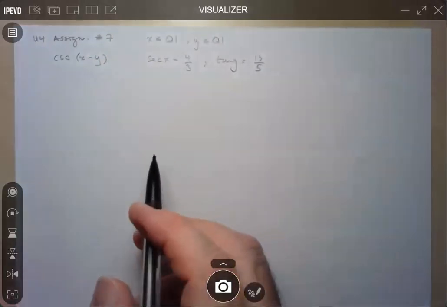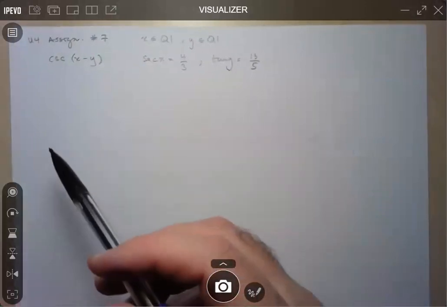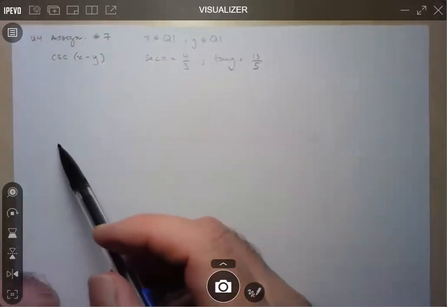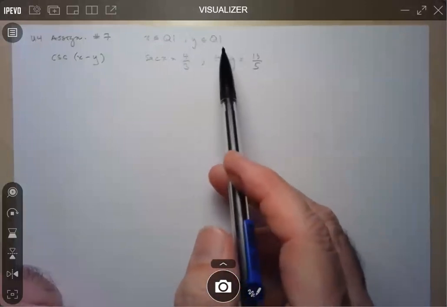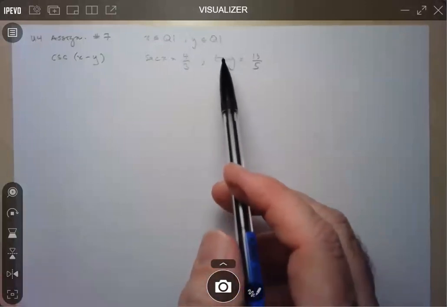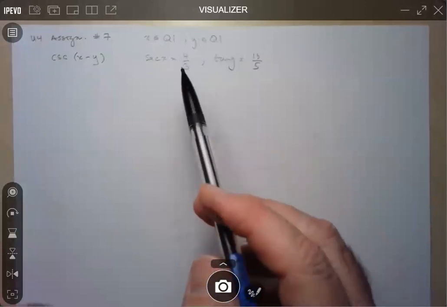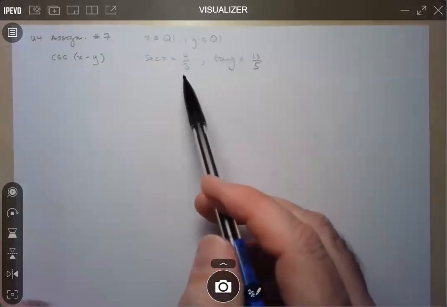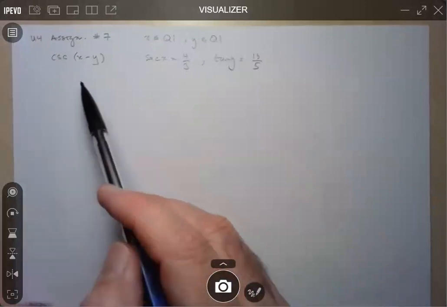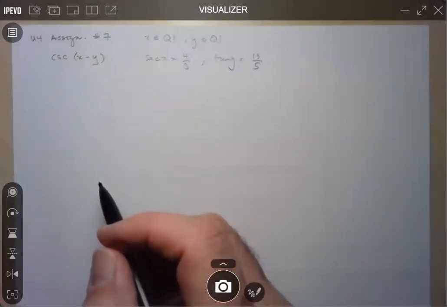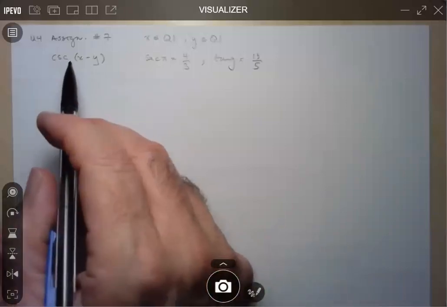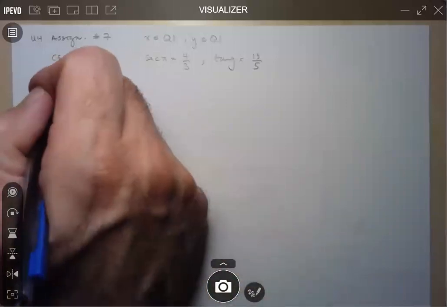Now, the idea here is I'm hoping that we recognize this type of question, because we've seen this before, where they give us some information about two angles, or sometimes one angle. They don't tell us what the angle is, but they give us the quadrant and one of the trig ratios, and we're able to solve any one of these combinations here. Okay. So first I noticed I don't have a formula for cosecant of x minus y, but of course